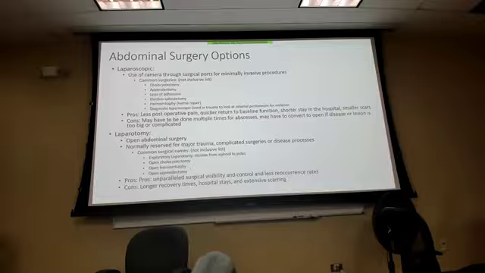When we're doing things like Whipples, right? We're taking out pancreatic cancer. We're not going to try to do that through little tiny ports. Okay, it's very, very tiny structures that they need to have a good visual for. Okay, so complicated surgeries. There are even some gallbladders that we may have to open, okay, because there's a huge stone. We'll talk about that in the next block next week. Okay. We can do